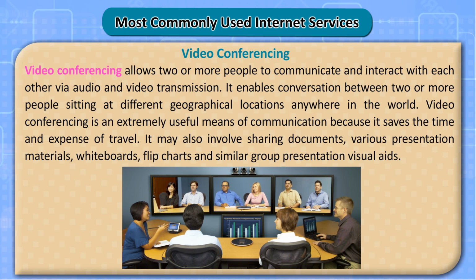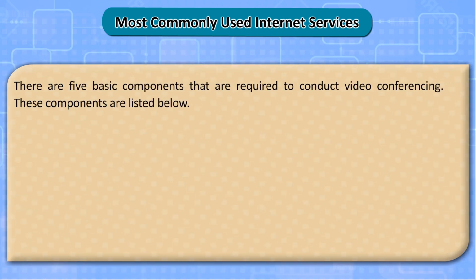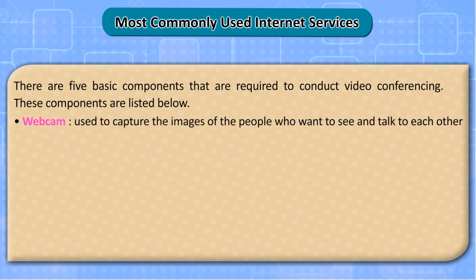It may also involve sharing documents, various presentation materials, whiteboards, flip charts and similar group presentation visual aids. There are 5 basic components that are required to conduct video conferencing. Components are listed below. Webcam, used to capture the images of the people who want to see and talk to